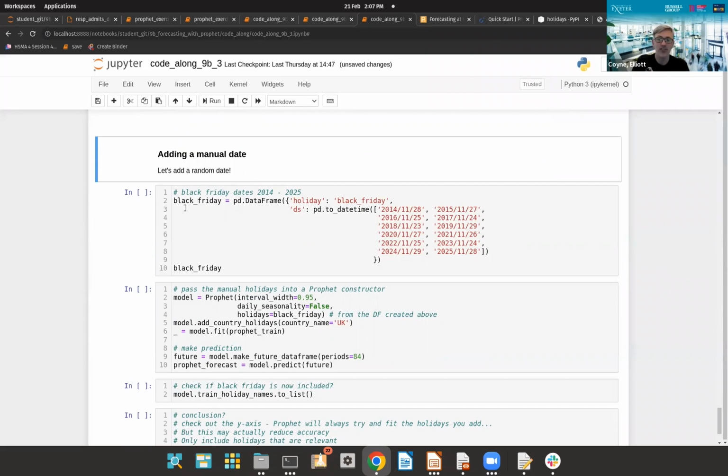Interesting theory. So what we have to do is create a new data frame called Black Fridays. We'll give it 2 columns. One column will be just an identifier, which will be holiday and Black Friday. Then each value within that data frame under the DS column will have the Black Friday label applied to it. So we've got all the Black Friday dates here from